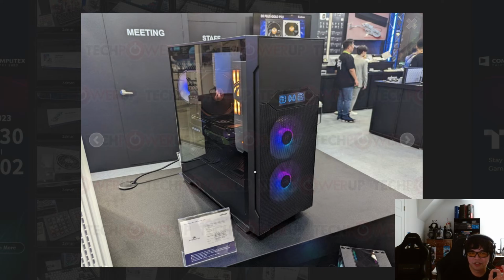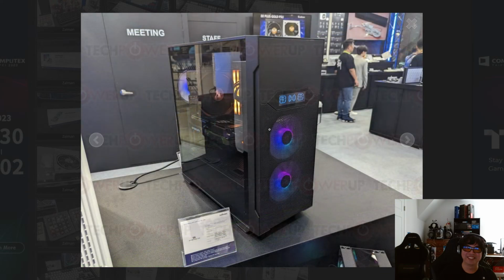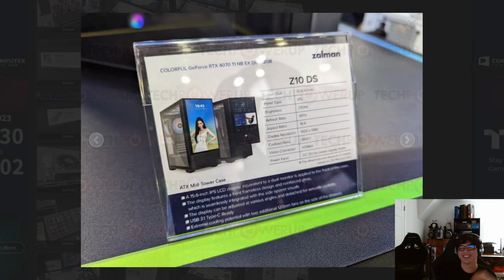This is an okay case, but it looks very 2017. I don't know how to say it. Like, it doesn't really look super modern, but it's okay. So what is this? Wait, they've got like actual LCD screens on the front of